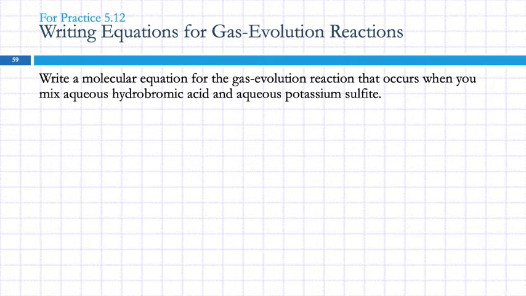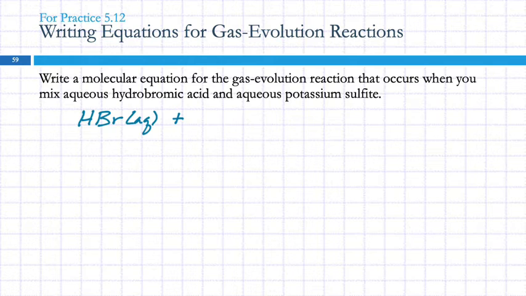So, writing equations for gas evolution reactions. Write a molecular equation for the gas evolution reaction that occurs when you mix aqueous hydrobromic acid and aqueous potassium sulfite. We're going to apply the same process as we did for precipitation or for acid-base reactions. We're going to start out by writing down the formulas for the reactants. Hydrobromic, the hydro part tells me that this is not an oxyacid, so HBr,